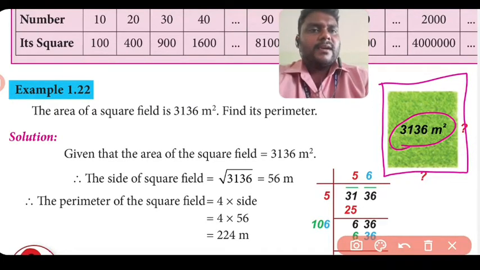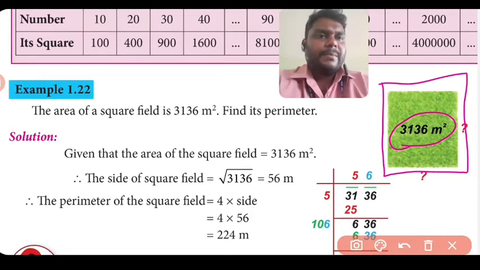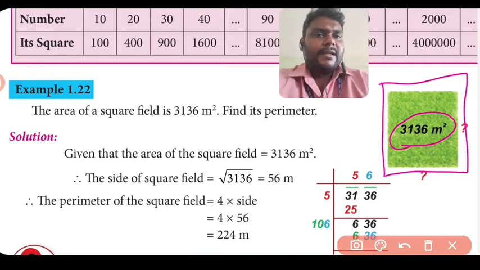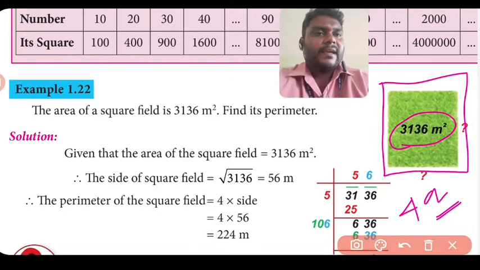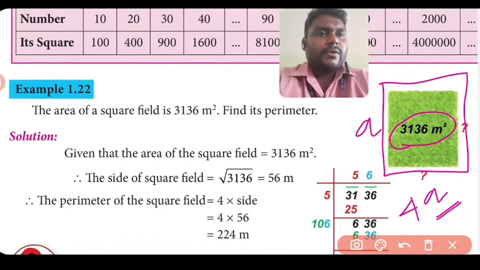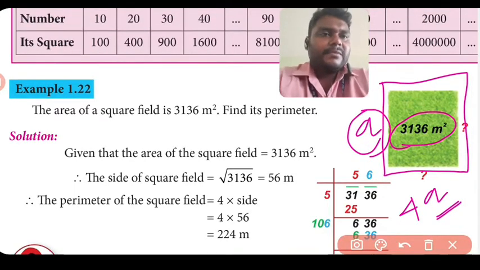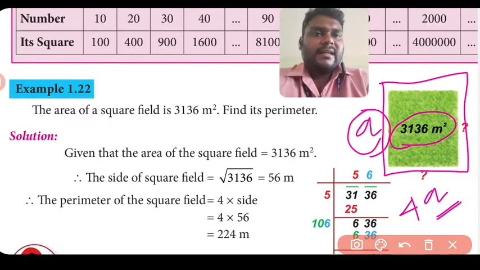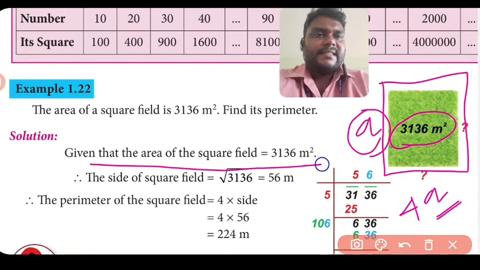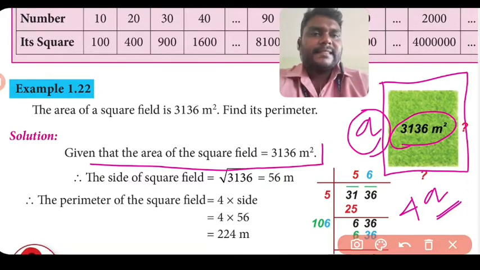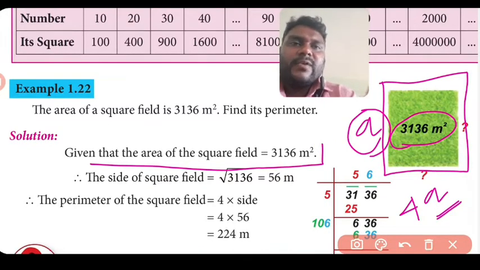So the given field looks like a square, actually it's a square shape. So perimeter of the square is 4 into a, where a is the side of the square. If you want to find the a value using the area of the square formula, given that the area of the square field is 3136, it means a square equals